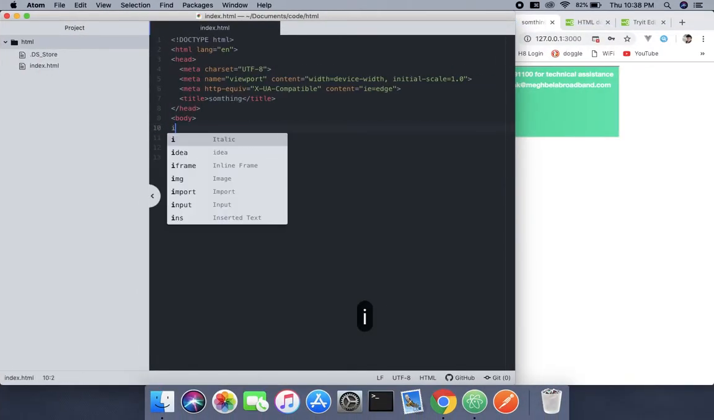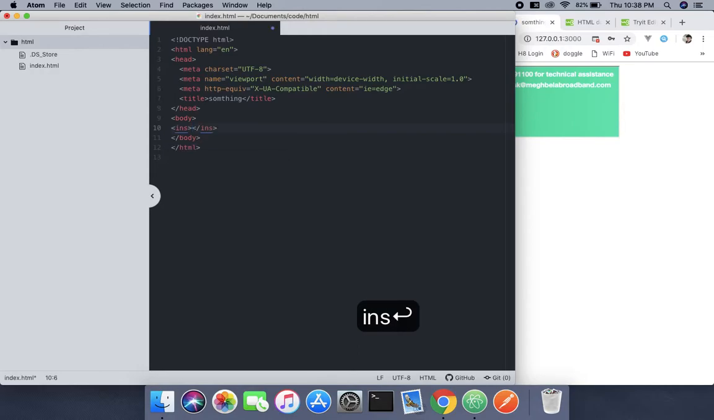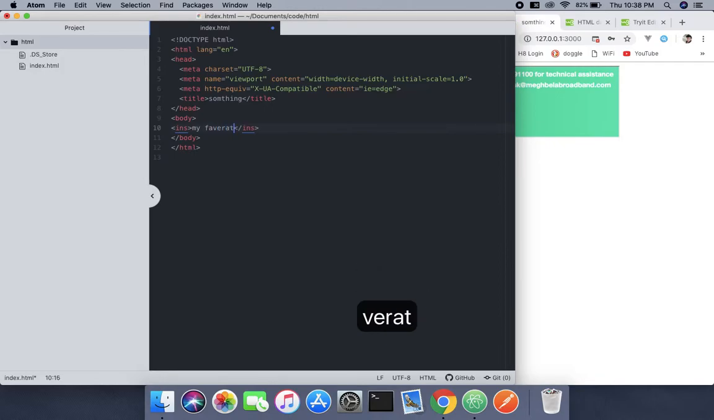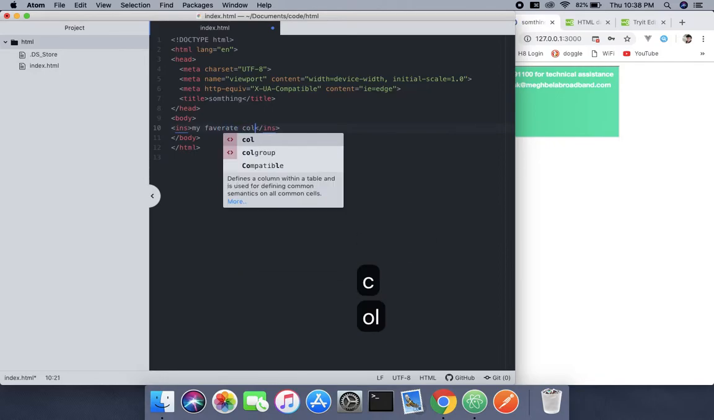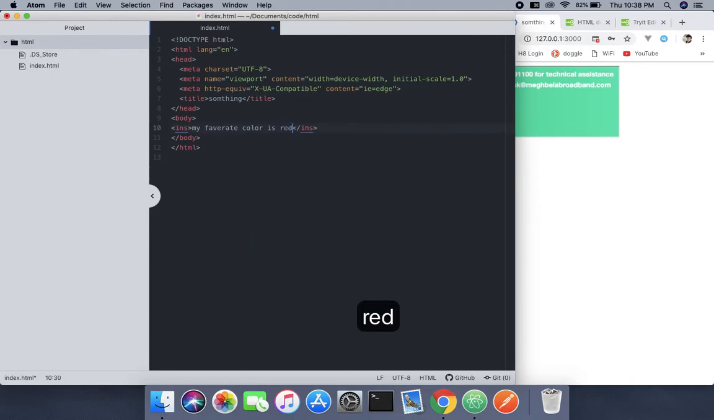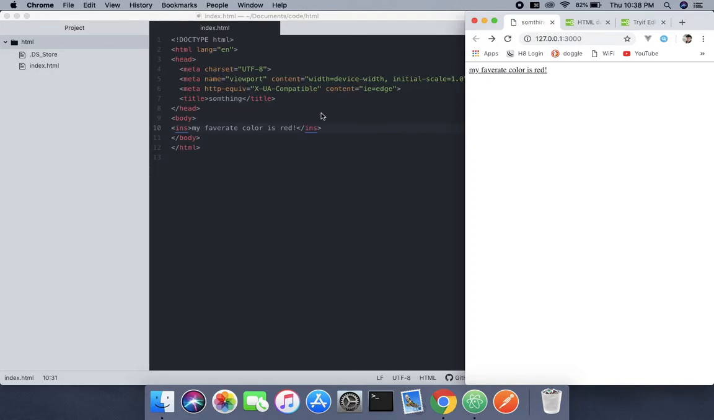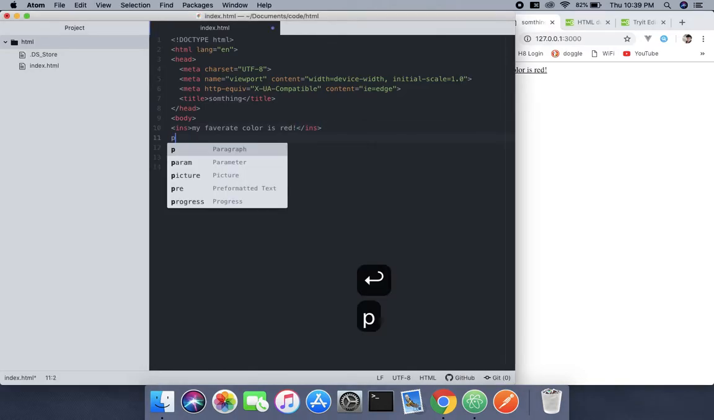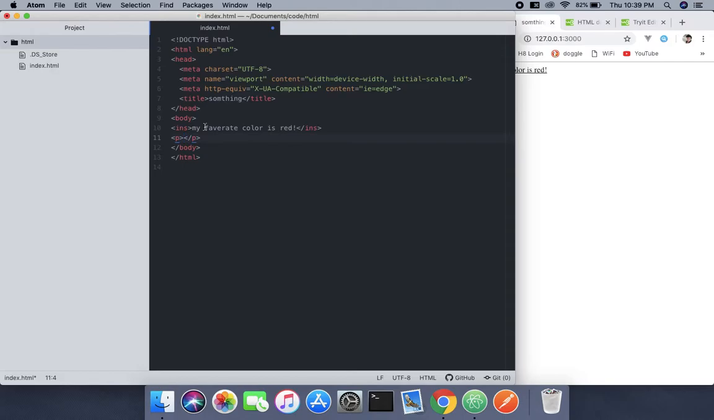Just type ins and my favorite color is red, an exclamation mark. Normally it looks like this, but we're not going to do that kind of thing. Instead we're going to use a p tag inside that. Just put that inside,